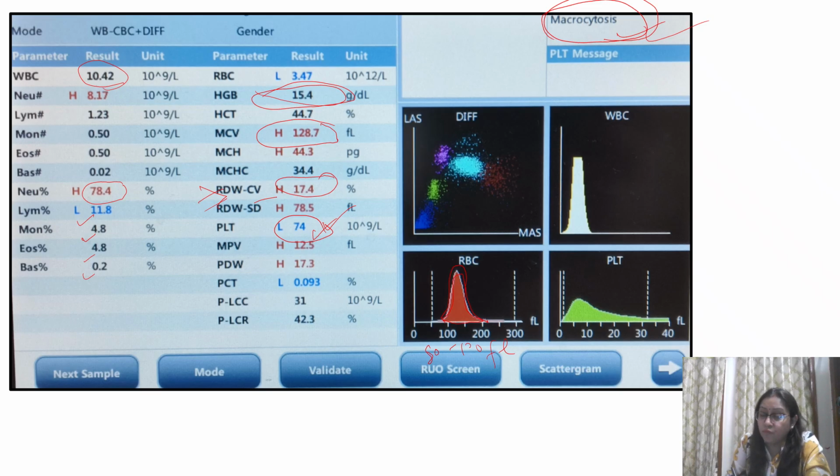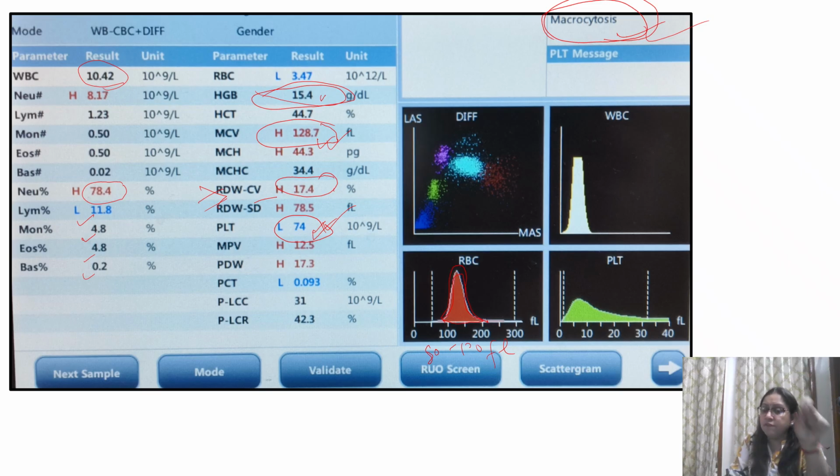So see, though overt macrocytic anemia has not occurred, the MCV has increased. Hemoglobin, though it is normal, platelets have also started decreasing. So this patient needs to be kept under hematological follow-up. We will do graduated and other investigations. Then we need to look at the patient's serum vitamin B12. We'll advise after this report, though when we give our impression, we'll write macrocytosis with normal hemoglobin